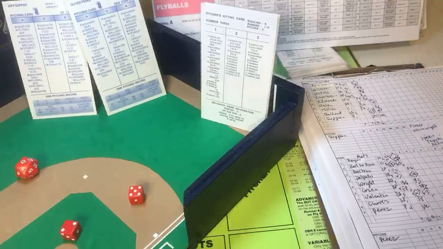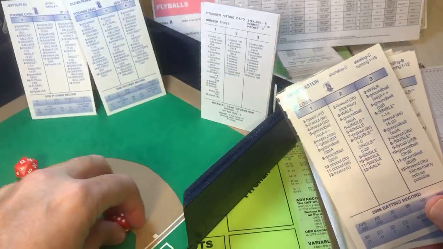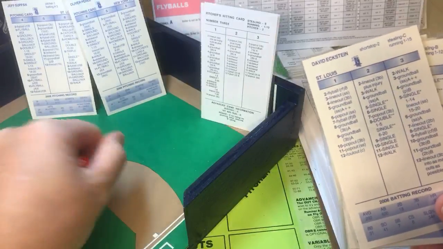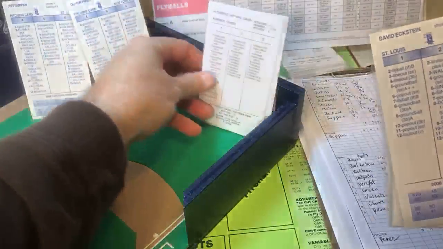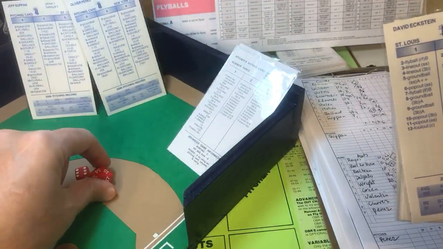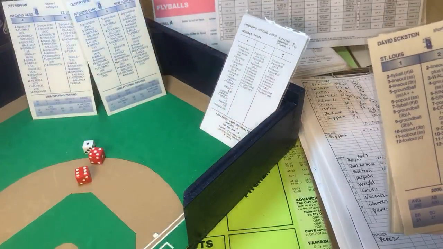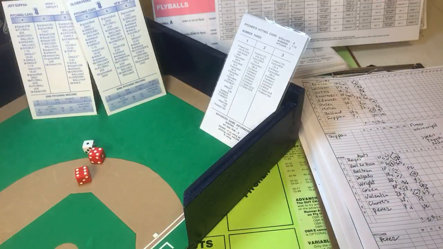And now there's the tying and the go-ahead. Actually, the tying run is at second base. And it's David Eckstein, the shortstop. David Eckstein has walked twice in this game, once in the first and once in the third. Where's the white die? Okay, so it's going to be a 1-11 off Eckstein's card, and that's a pop-up, and that's Reyes calling for it,